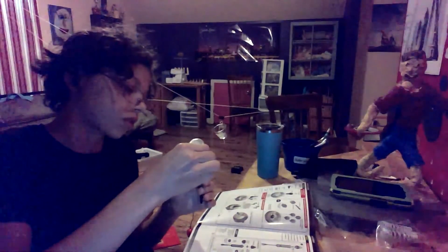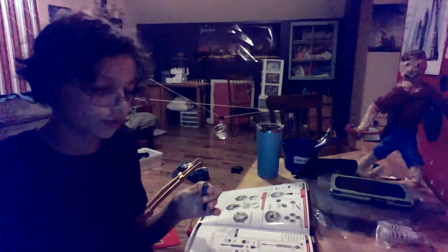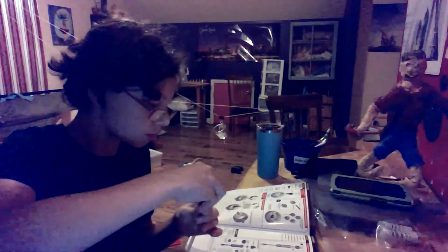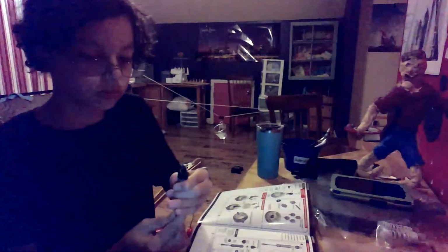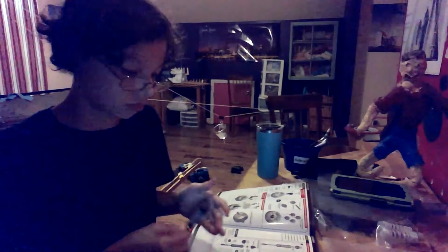Good. Add a little bit more oil. Okay, that should be good. Then I'm just gonna put the lid on, and that should operate smoothly. Let's see. It's good. It's a lot better than I expected, actually. I thought it was going to be way worse. But the way I was doing this,